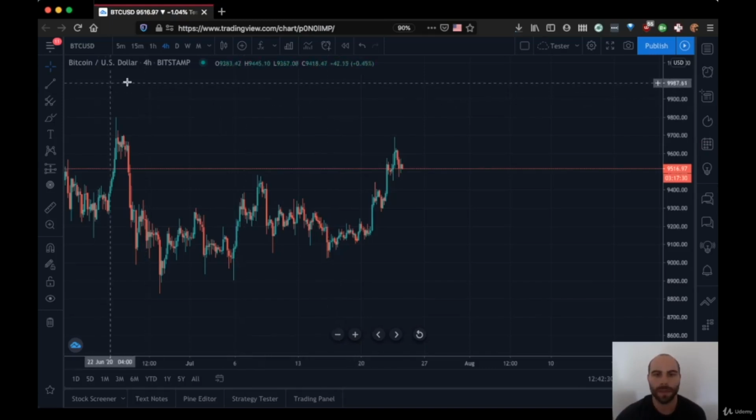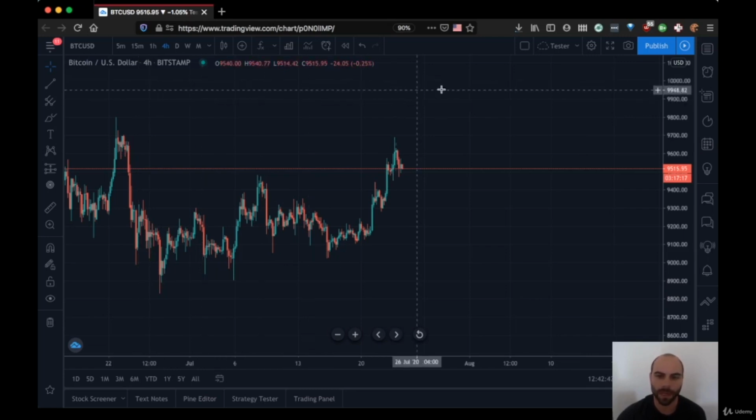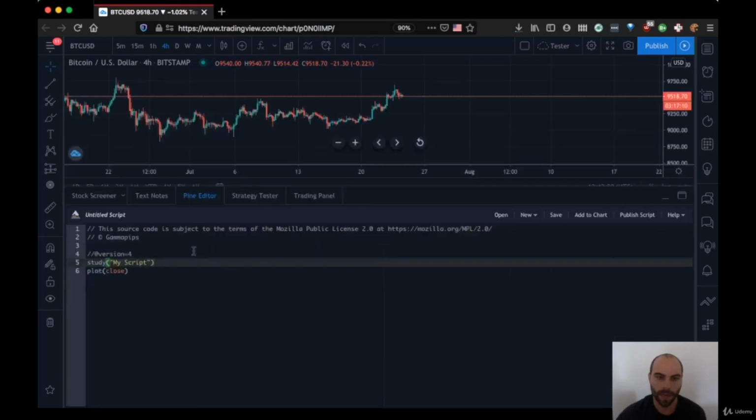Okay, in this section, I'm going to do a quick overview of Pine Script and show you guys some quick things so you can get started. So here I am in TradingView. I'm already logged in. I've got my chart open. Down here in the bottom left, there's this tab that says Pine Editor. Now open that up and you'll have access to the Pine Editor where we'll be writing the majority of our